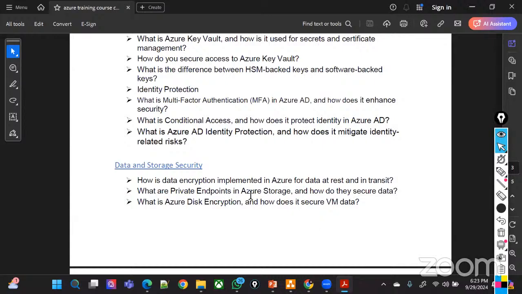Then we are also going to touch base on the data security and storage part. As I said, we are also going to cover a bit of the admin fundamentals, and then the majority on security at the network. There also we are going to see how we can encrypt our data at rest, and how I can encrypt my data when it's moving. How can I secure my storage account using private endpoint capabilities? Because a storage account is a PaaS-based service, it won't get any IPs and subnet in it. So how can I use a private endpoint to secure my storage account? So if I go further here,